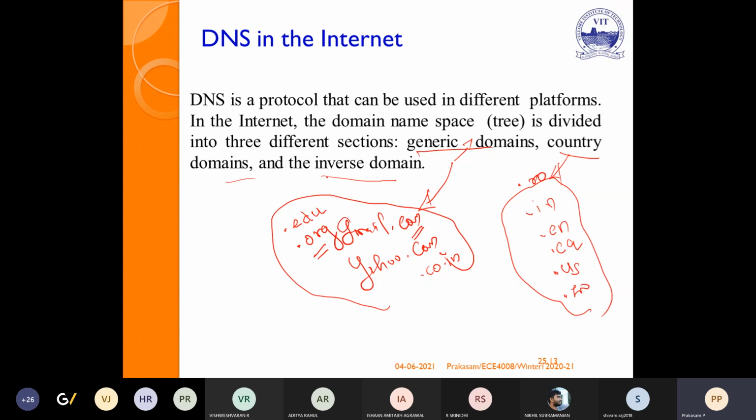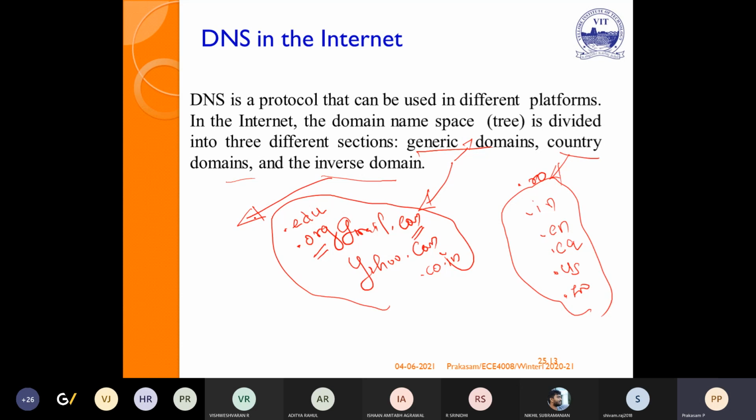What is inverse domain? Even during the first of this class I told you, even if you have vit.ac.in, in the backend it has an IP address. So the inverse domain means the domain which is represented using an IP address.